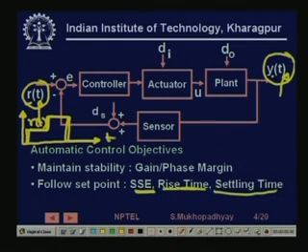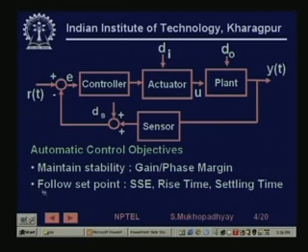We will have a more detailed look at these. So this is the second basic important point, follow the set point. The next important point is, of course, to